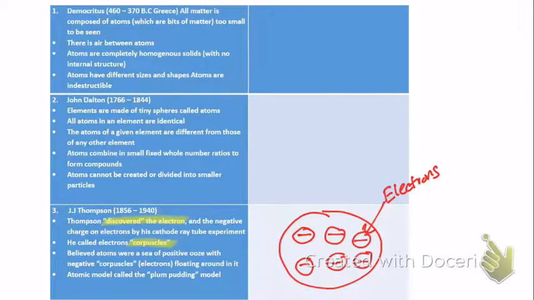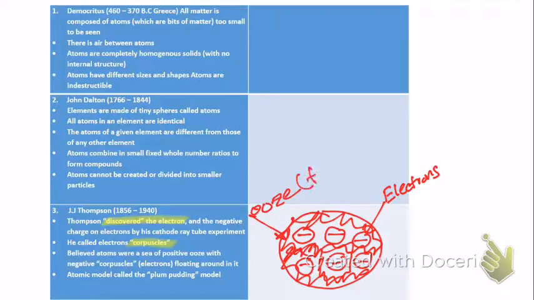And so what he theorized is that the electrons were basically surrounded by an ooze of positive charge. This was an ooze